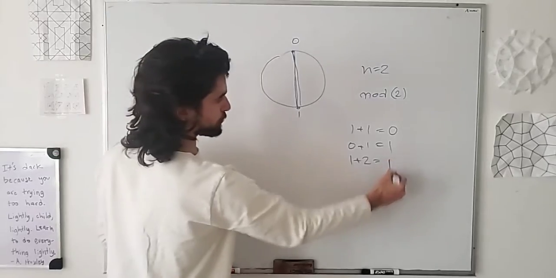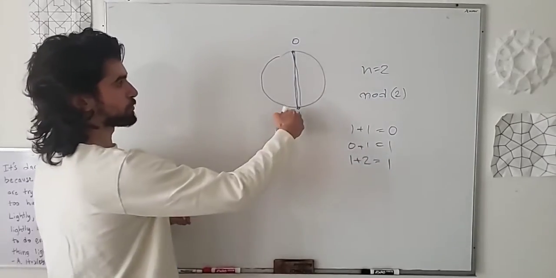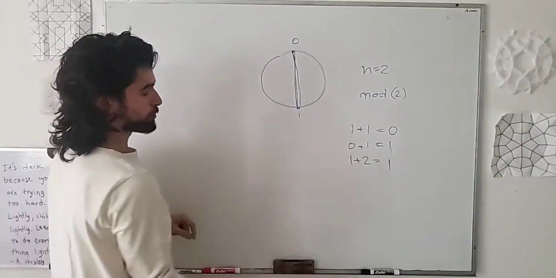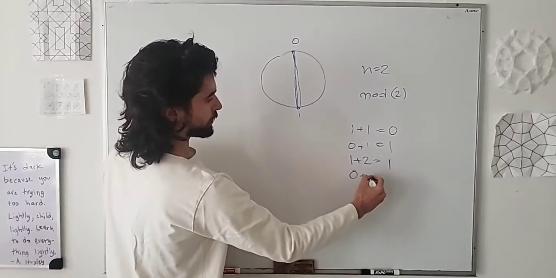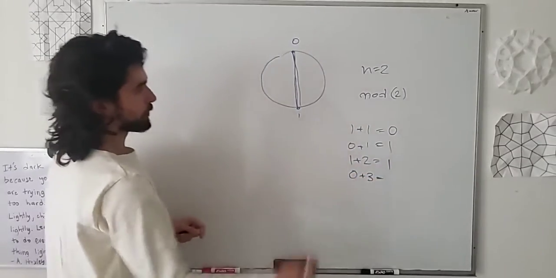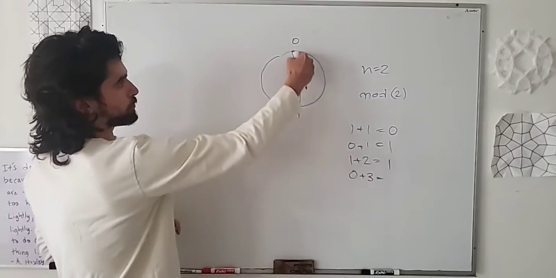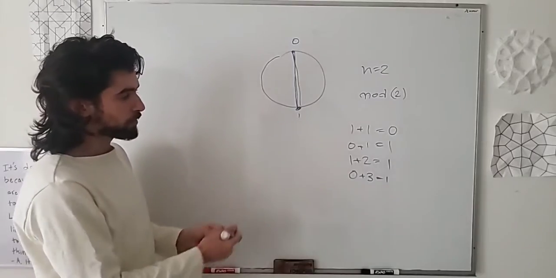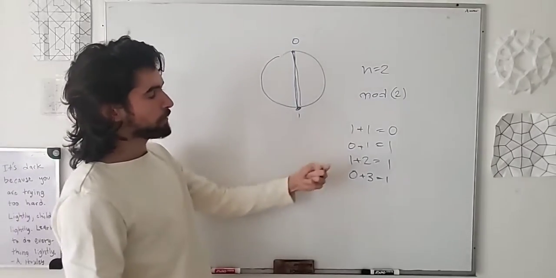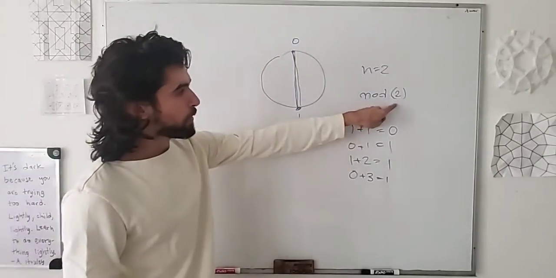So 1 plus 2 is 1, because it goes 2 points. So it sort of comes back around. Or if we say 0 plus 3, that's also going to be 1, but it goes 1, 2, 3. So it's 1. The reasoning behind all this is that however many numbers you go over mod is whatever